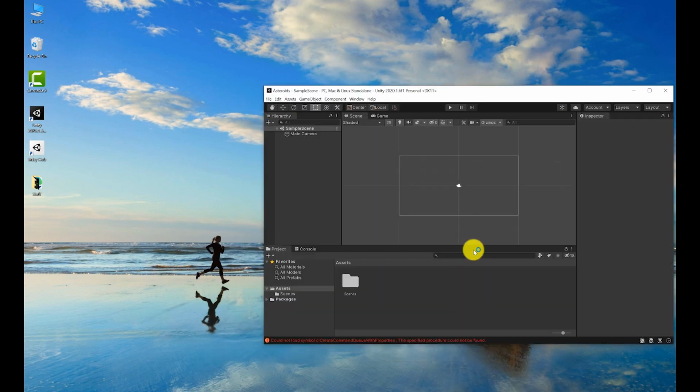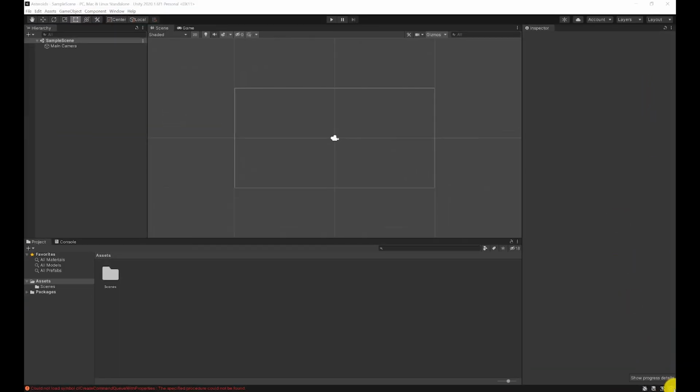Okay, there we go. So I'm going to open it up. Let me start off by giving a quick tutorial on what we're seeing here. On the left here we have a hierarchy where all the game objects that we're going to have in the game will be listed, along with the camera and things like that. Over here is the scene of what we're actually going to be seeing in the game,